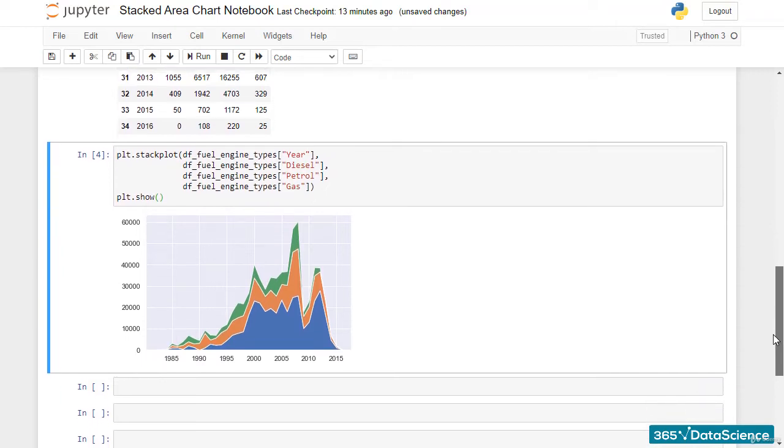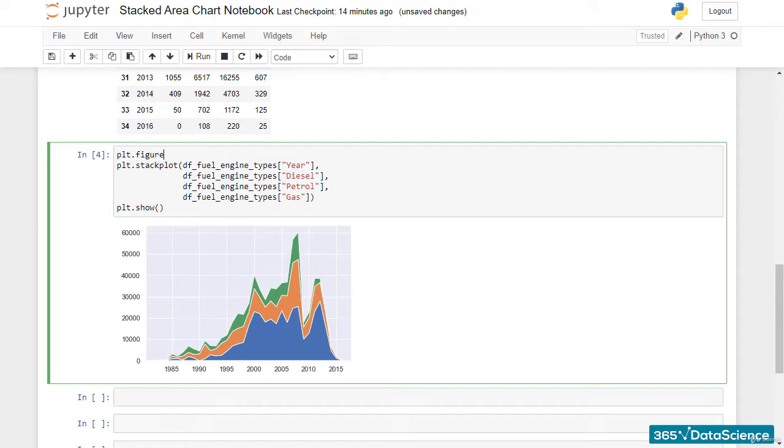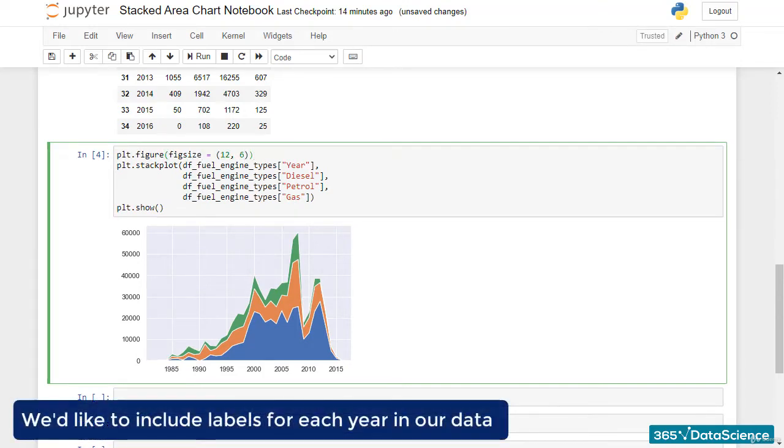Now, what's left to do is some chart formatting. We begin by increasing the size of the plot, and this time we select a 12 by 6 figure. The reason is we